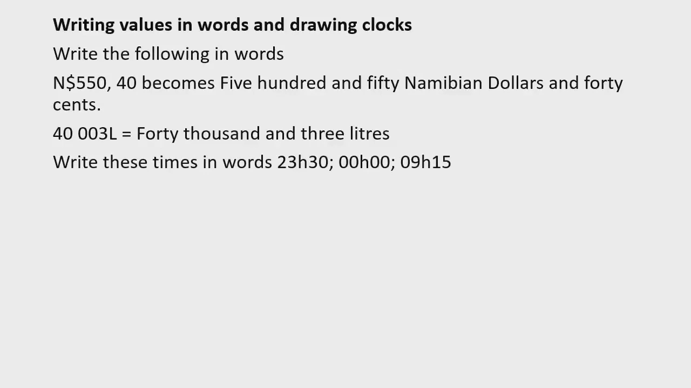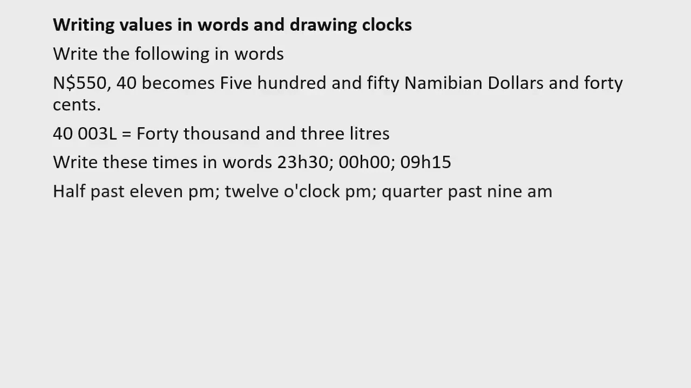Write these times in words. For example, 23H30, 00H00, 09H15. So you need to write the word in words out. In other words, it's 11:30 p.m. When you are writing in words, you need to write whether it is AM or PM. So this one, we know that is 23, just before midnight, and that is 23:30 or